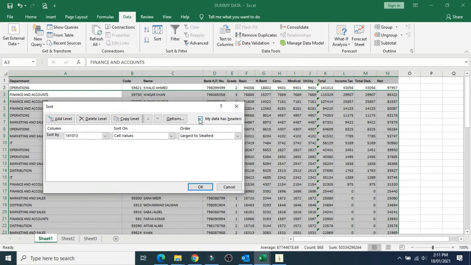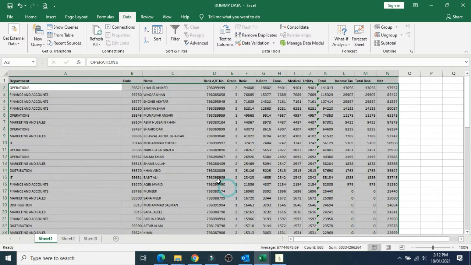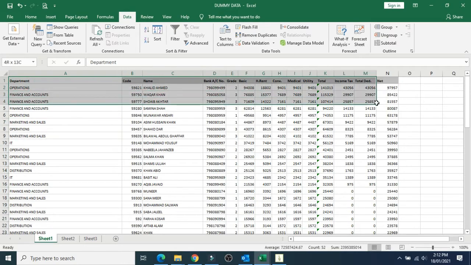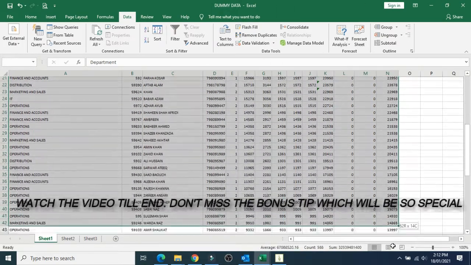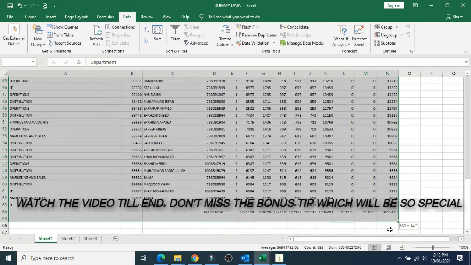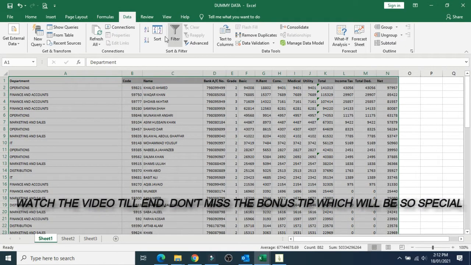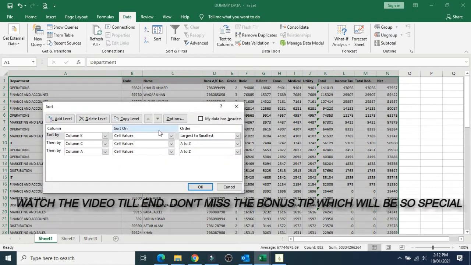But if you don't, it assumes that you already have headers, and the above line it will treat as header, but you have to uncheck it here. Similarly, let me give you another example. If you select this data like this, I removed the data manually, but if you select all the data, and now if you go to sort, let me delete this first.